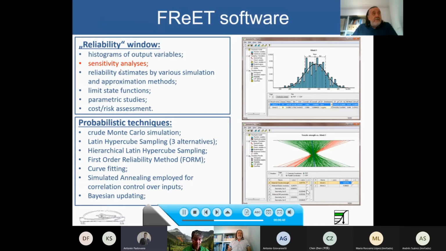An important step in the process is sensitivity analysis, which is telling us about dominating and non-dominating random variables implemented in the software, right? These are probabilistic techniques implemented where sampling technique, especially R-cube sampling, is the major technique there. I will not go into detail